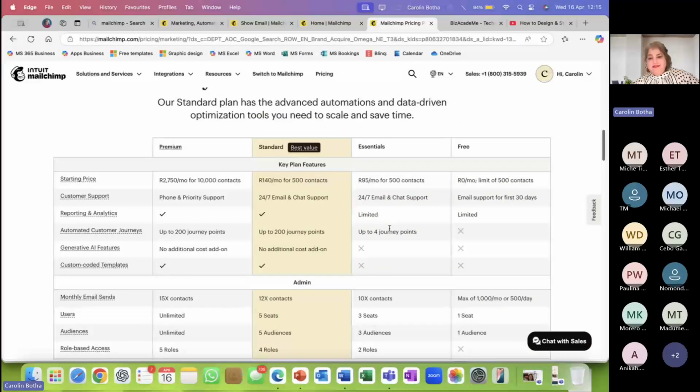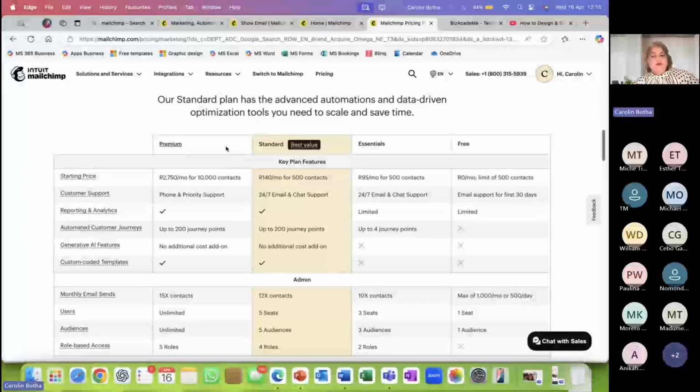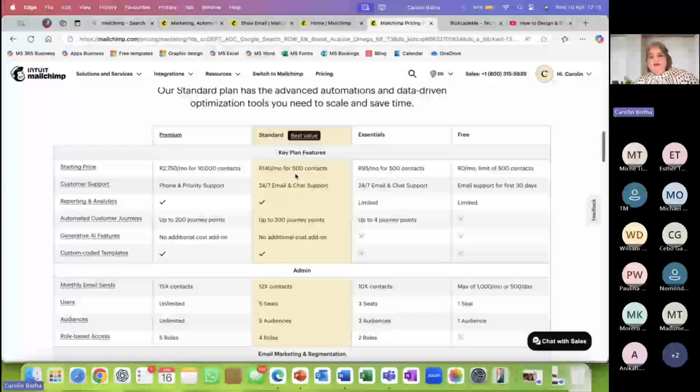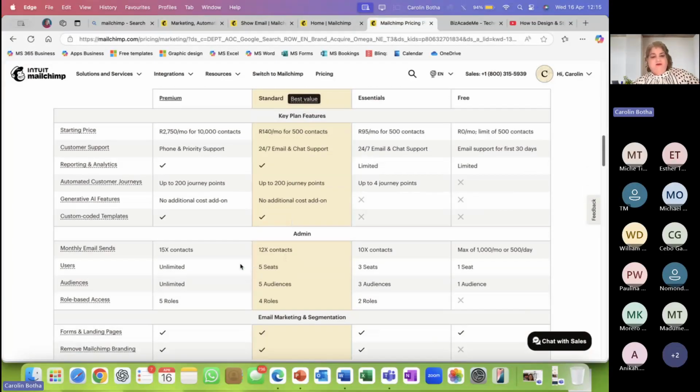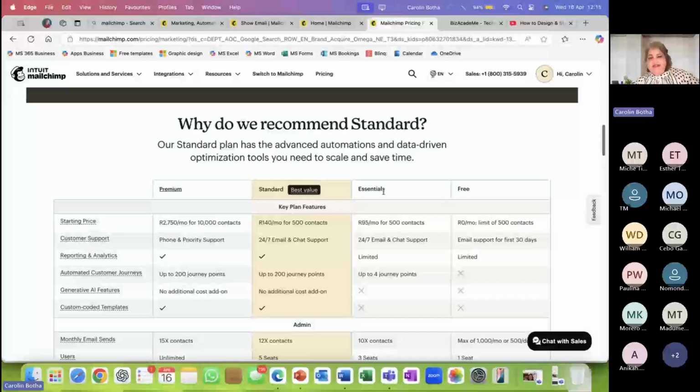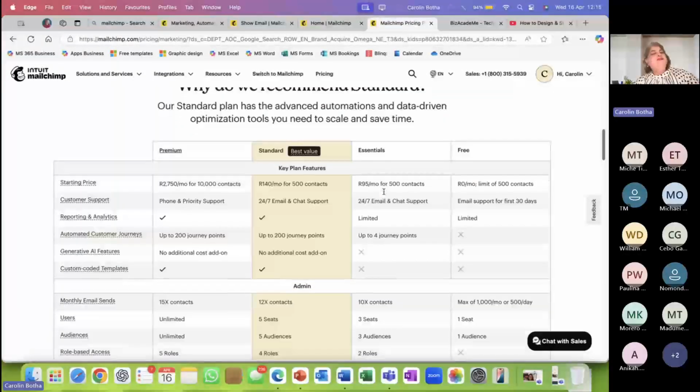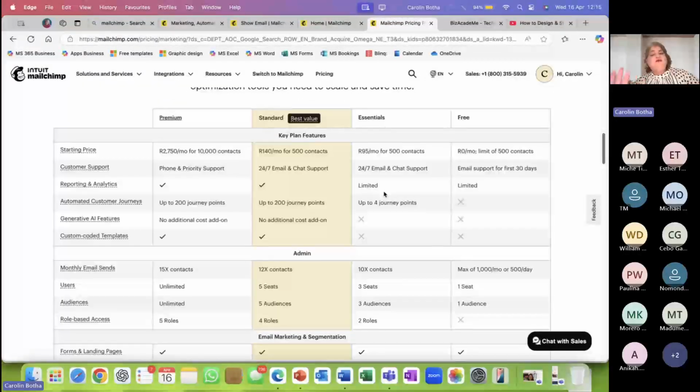With the others, you have either the premium or the standard, which they recommend as the best value option. And here you can see all the differences. Paulina, there's also a link about that if I'm not mistaken. And here 5 people can work on it at the same time. Here you can have 3 people working on it in the essential package, but I would strongly recommend starting with the free package first. Play around, join our training later.